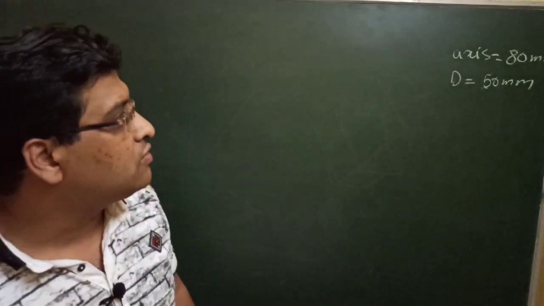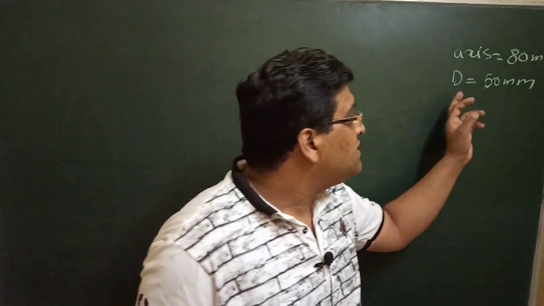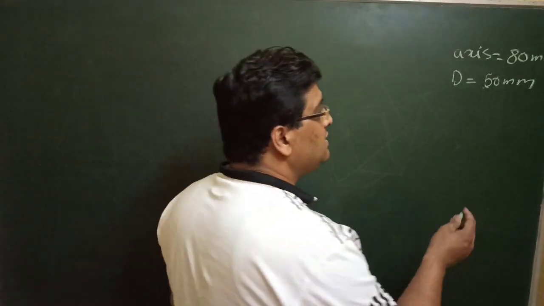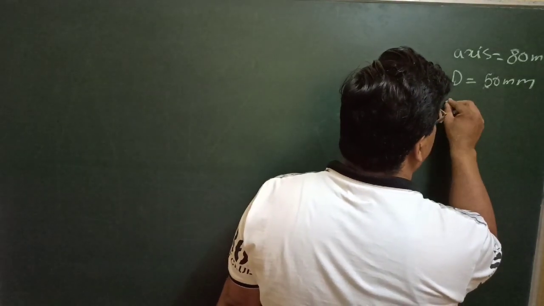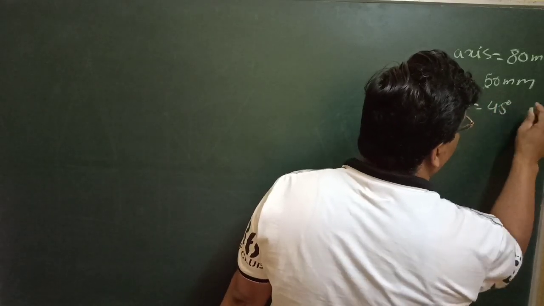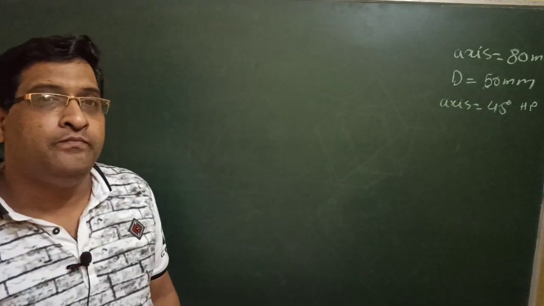In today's video we will be discussing projections of a cone. So we have a cone of height 80 mm. The base diameter is 50 mm. The cone is resting on HP so that the axis makes an angle of 45 degree with the HP, and